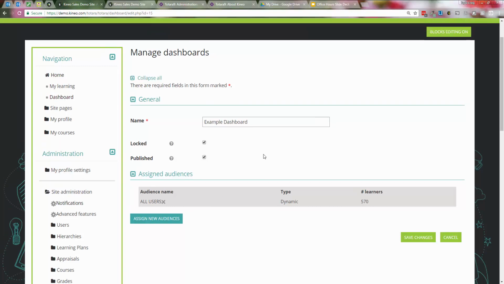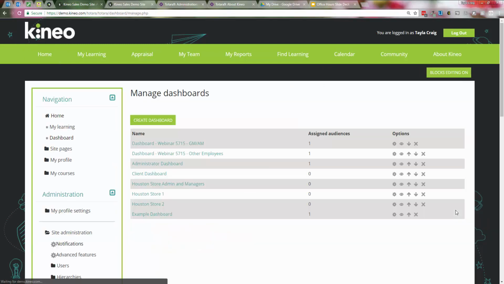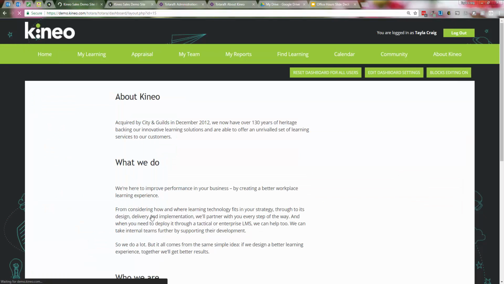Next, the one thing I want to point out is I'm going to go over here about Kineo. You'll see here I've placed the URL as index.php?id=15. This is the number 15 layout of my dashboards on this site. Now, one thing to pay attention to: when you actually click on the dashboard as an administrator, the URL doesn't look that way. The URL says layout.php. If you put the layout.php URL into the main menu so that it can be linked here,